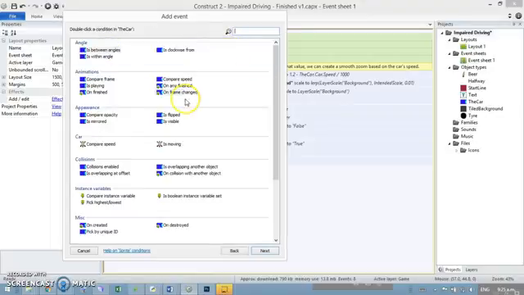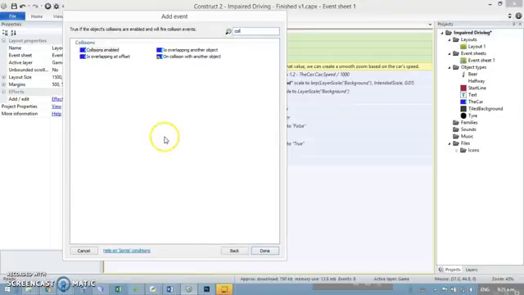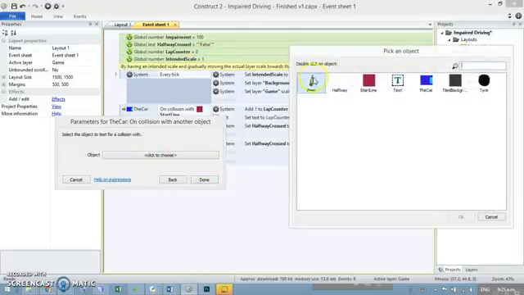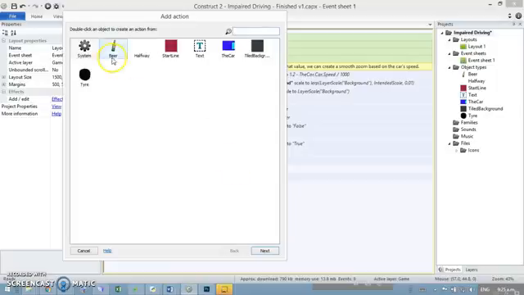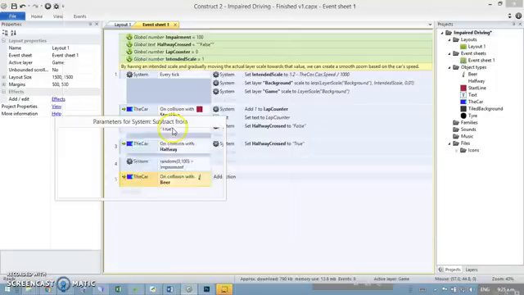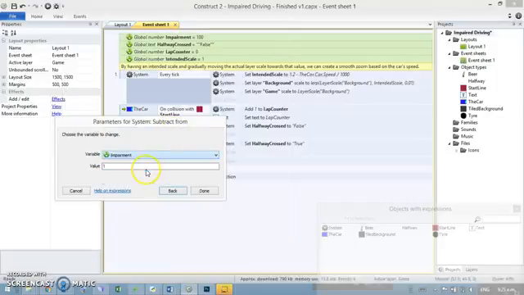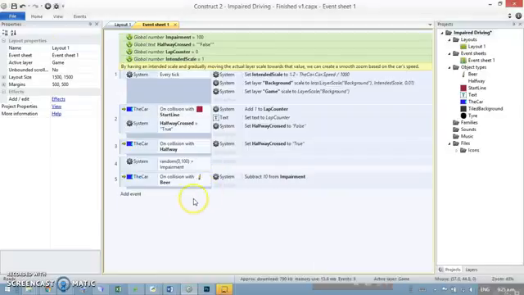But as you hit a beer bottle, and let's add that in right now, why not? So car on collision with another object is going to be beer. Done. So as you hit a beer bottle, we're going to change the value. So subtract from impairment 10. Pick a number, 10. Okay, so what I've set up here is every time you hit a beer bottle, you're going to take 10 off that impairment, which is make it a little bit more likely that this thing will come to here,